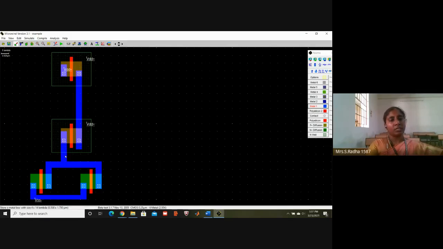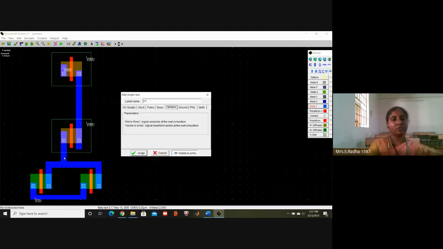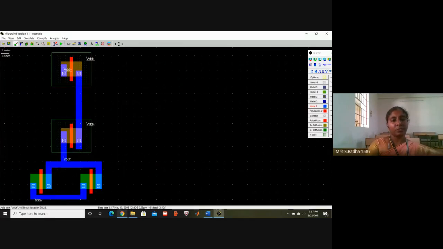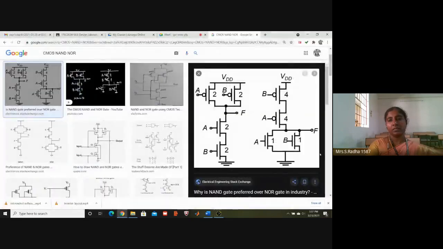Now this is the point where the output should be taken, at the common point. Don't go into the region of the NMOS or the PMOS, just put it at the junction point. Output is completed. I have put the output node at this junction point.